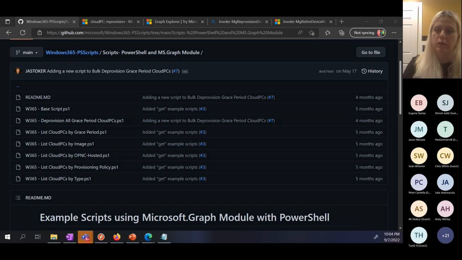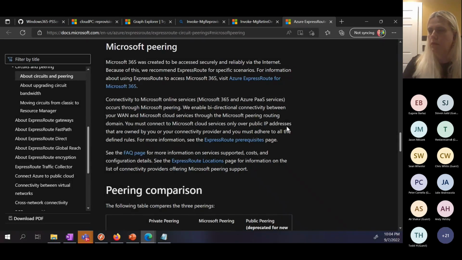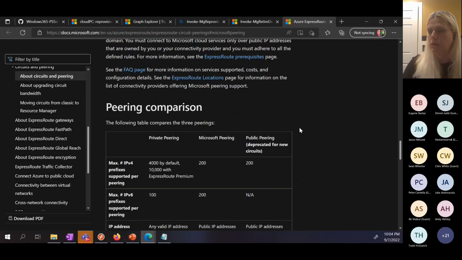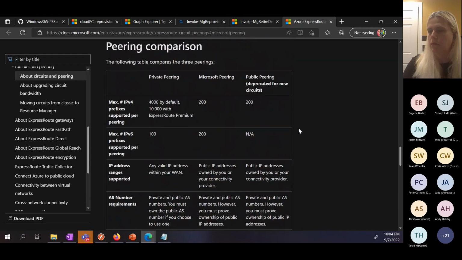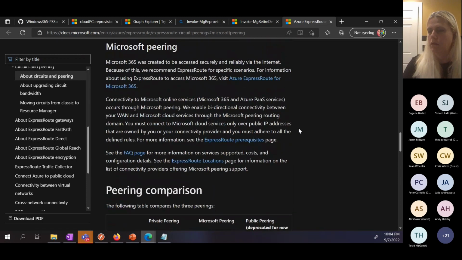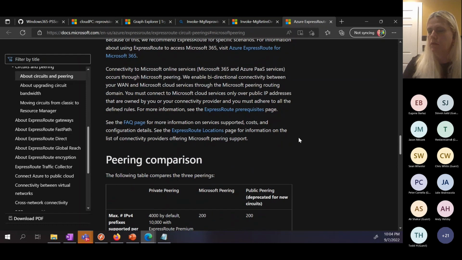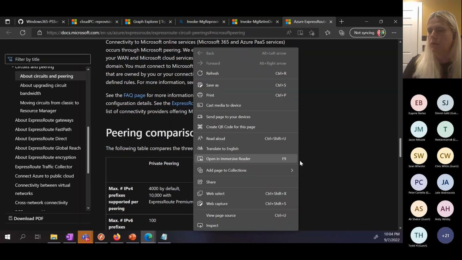My understanding is your Word, Excel, and Microsoft 365 connection then goes through the ExpressRoute. So my question is, would that include the Windows 365 RDP traffic?